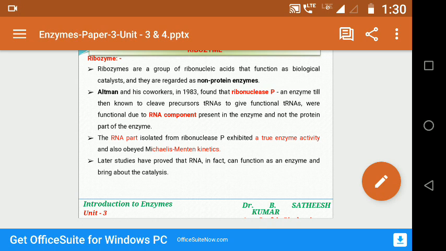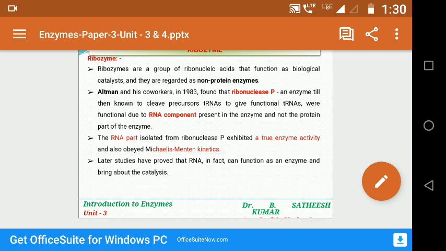And finally, two small topics: multi-enzyme complexes, in which we discussed the pyruvate dehydrogenase complex, and the last topic is